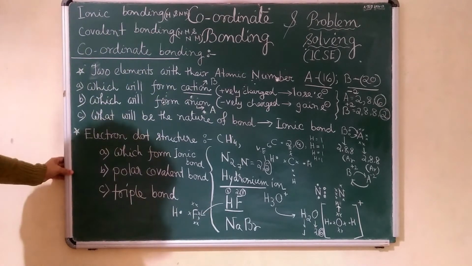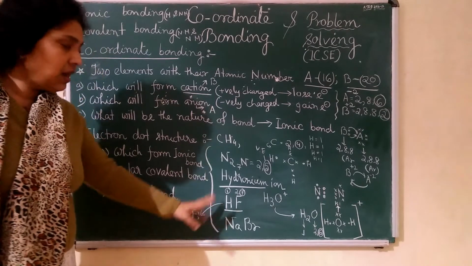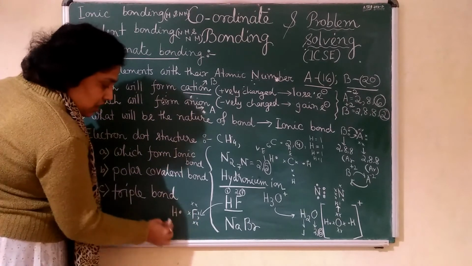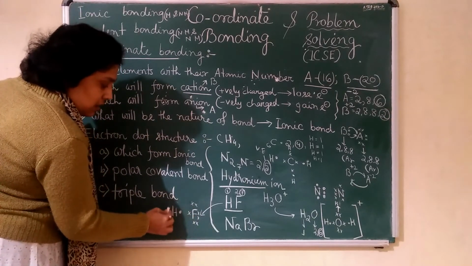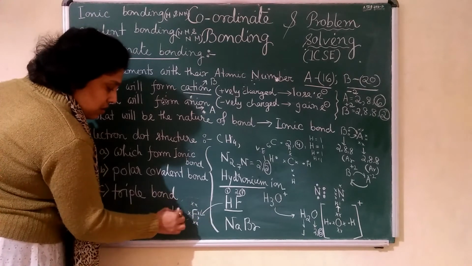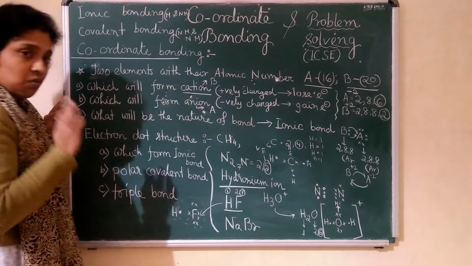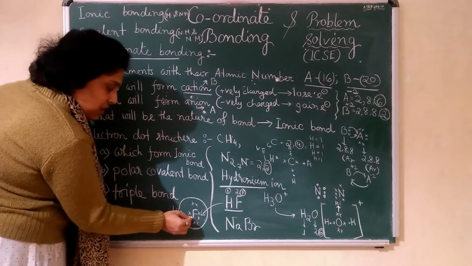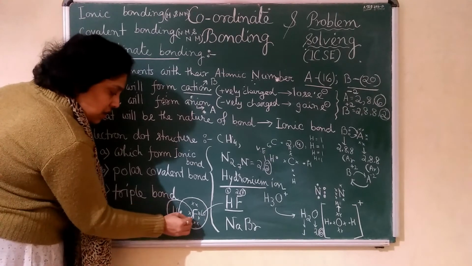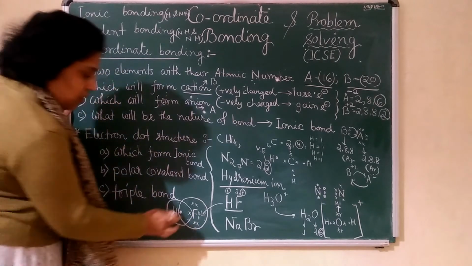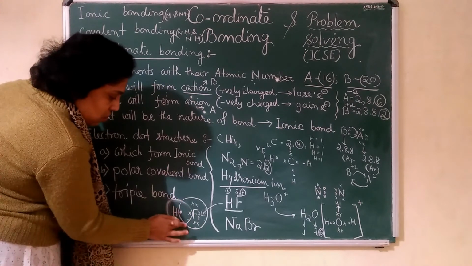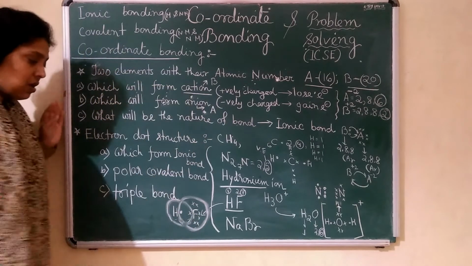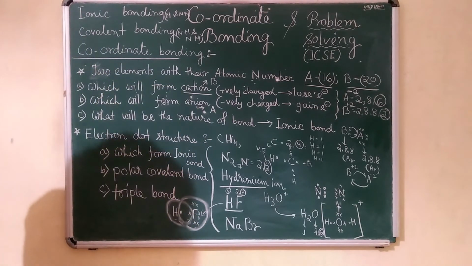Okay. So this is the electron dot structure. When it is bonding, that time you have to show the bonding like this. This will be duplet and this will be octet. So when it is electron dot structure, that time you don't have to show this circle. Okay, remember this. This one only when it is asked for bonding. Only when they ask electron dot structure, show the dots. Only this much. Okay, no need to show the round.